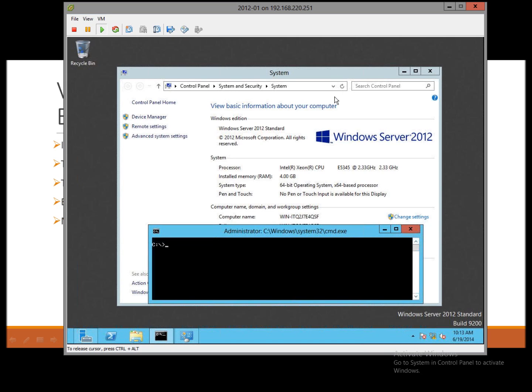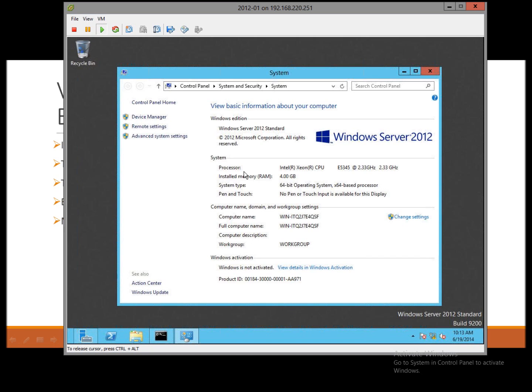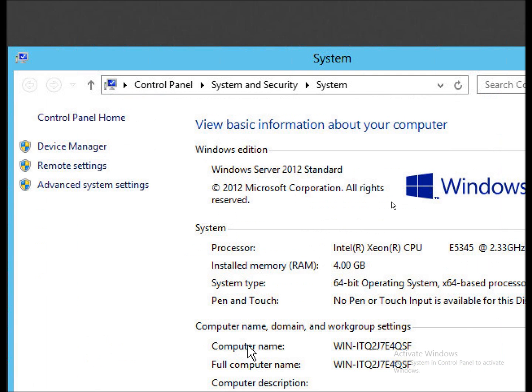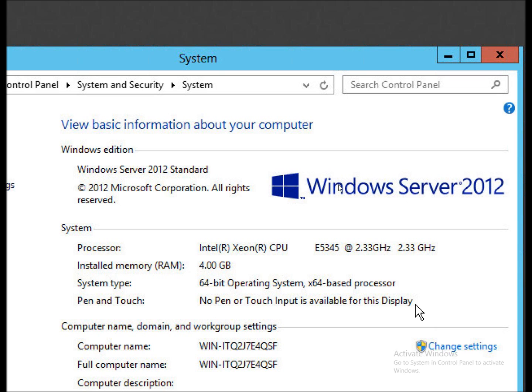But I can take this one step further. Okay? You see the number of processors right here? Right now, I have only one processor on this machine. It's an Intel Xeon 5345 processor. And the way I can tell I have only one processor on this machine